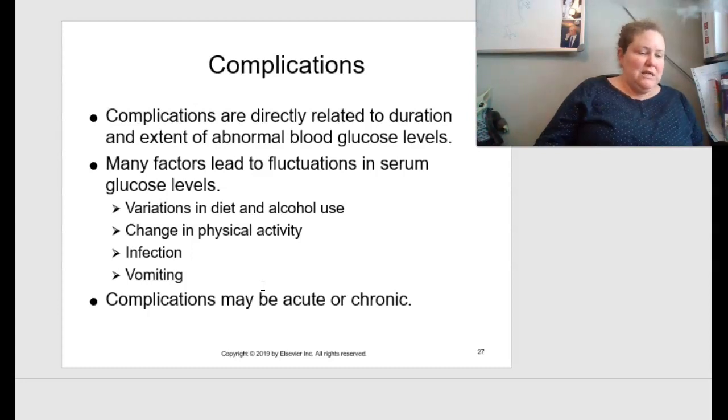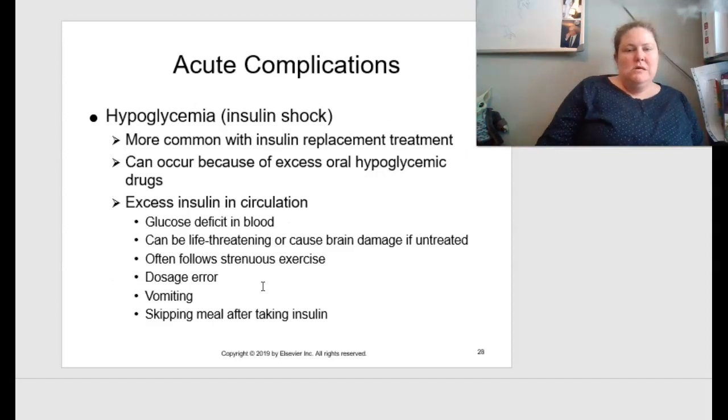And these complications can either be acute or chronic. And so the acute ones start being talked about on page 407. So some of your acute complications can be hypoglycemia. This is also called insulin shock. And this is most common with insulin replacement treatment. It can occur because you took too many drugs, right? And so this is why you really need to monitor your dose, check your blood sugar before you give a